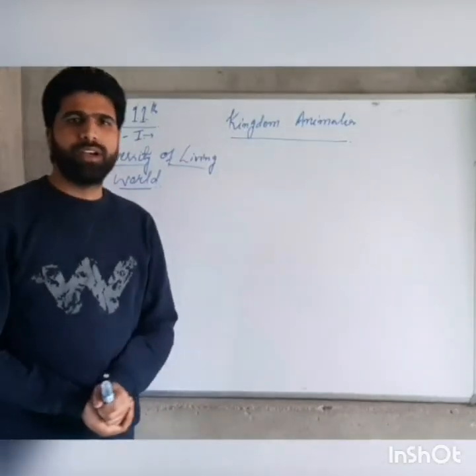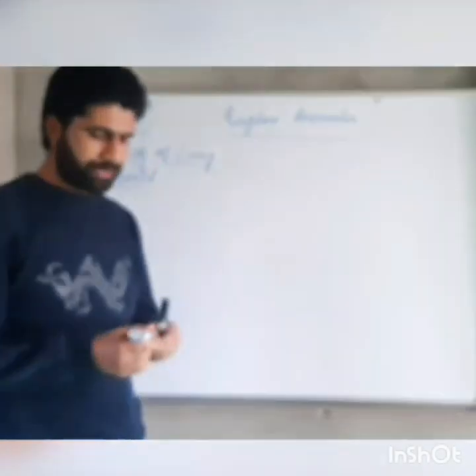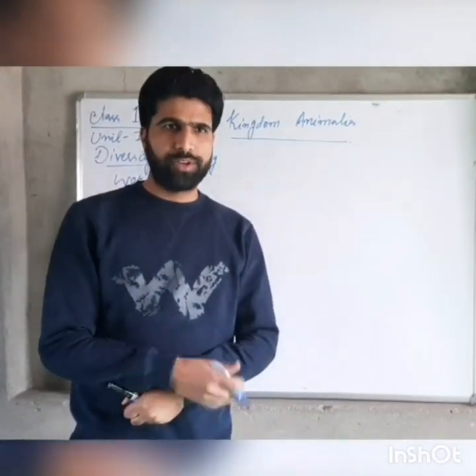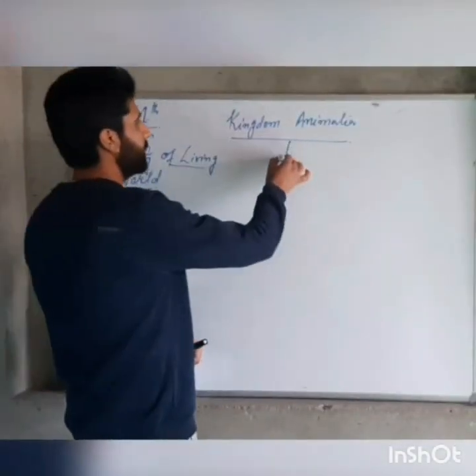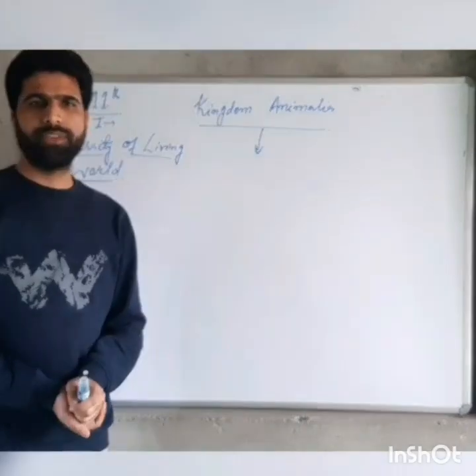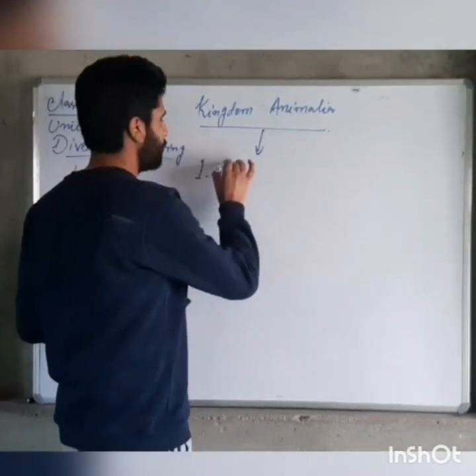In the kingdom Animalia, we classify the animals into different phyla. The criteria for phyla was given by Carolus Linnaeus. You can also read about Carolus Linnaeus. In the kingdom Animalia, the animal kingdom has been divided into a number of phyla. For example, the main important phyla are, number one, that's phylum